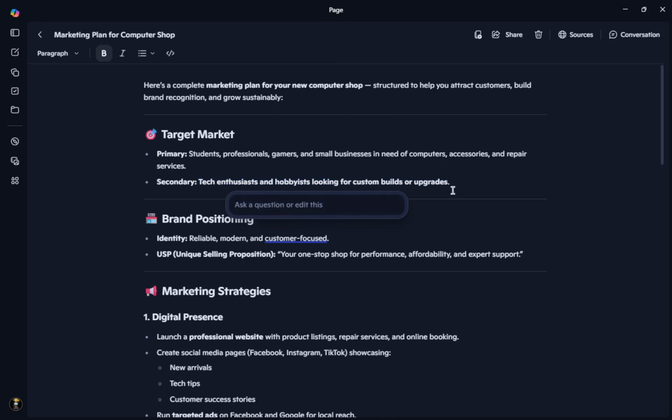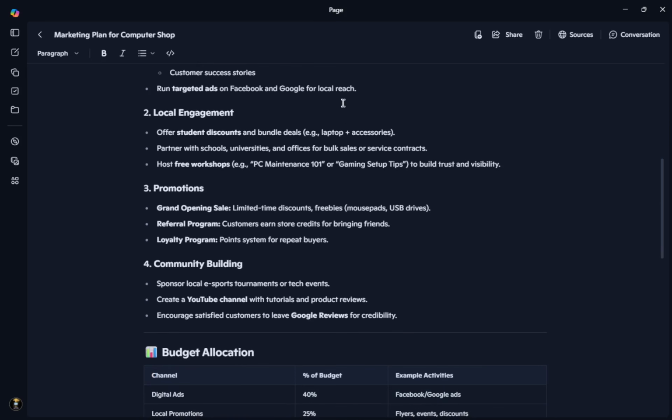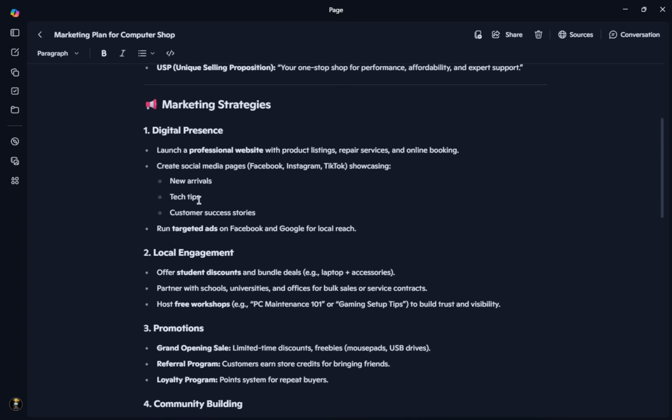When you're inside a page and you want Copilot's assistance, simply highlight the text or place your cursor where you need help. Then select Ask. Enter a request such as make this more professional, expand this section, or summarize this paragraph. Copilot will suggest changes which you can review. Click Apply Revision to accept these changes or reject to discard them. This feature is particularly effective for refining content and enhancing professionalism.